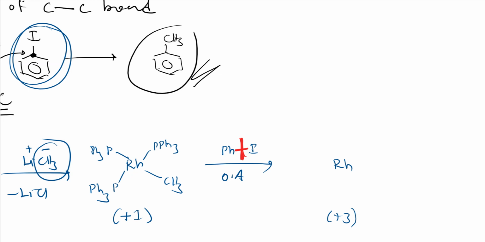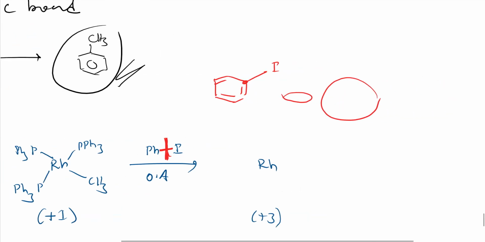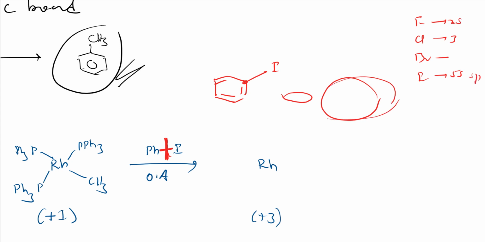If I want to show it, see here, here iodine is there and here carbon is there, right. So this carbon size is very small, whereas the iodine size is larger. So carbon has a 2p orbital, and iodine has a larger orbital. See here, fluorine, chlorine, bromine, iodine. So they are in the second period, third period, fourth period, and fifth period. Fifth period means 5s and 5p, all those things will be there, 5d, because of which the size will be very large, so the overlapping will not be effective, so this bond will be weaker.